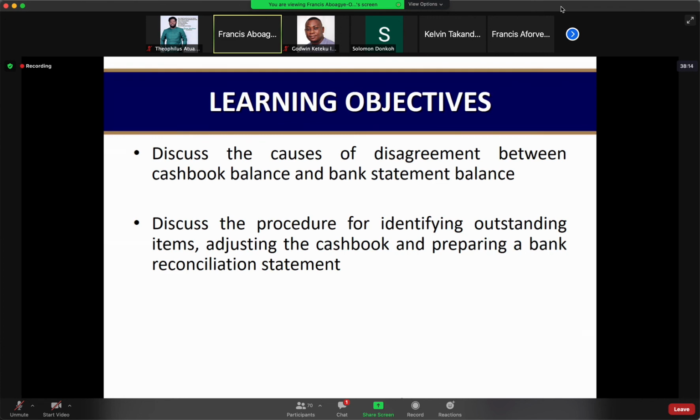Now, if you are able to identify the causes of these disagreements, then we'll identify how to agree the two positions. In agreeing the two positions, first, you may have to adjust your cash book to reflect transactions that the bank has recorded, which you have not recorded and should have. Then you now prepare what we call